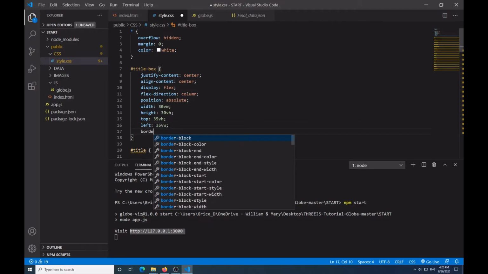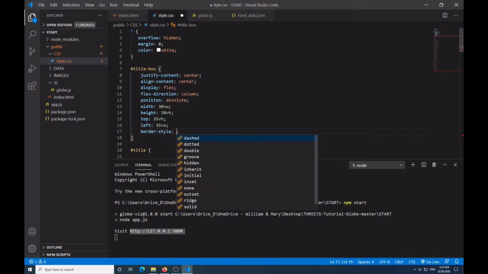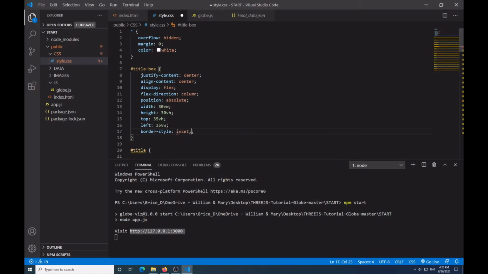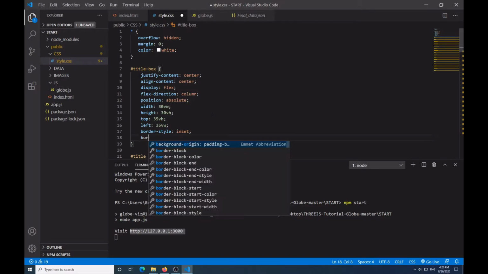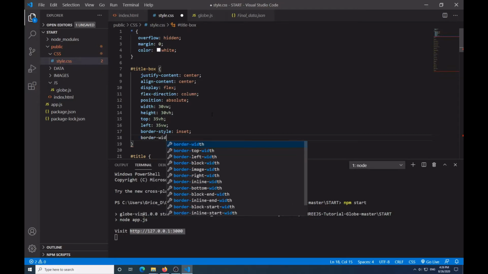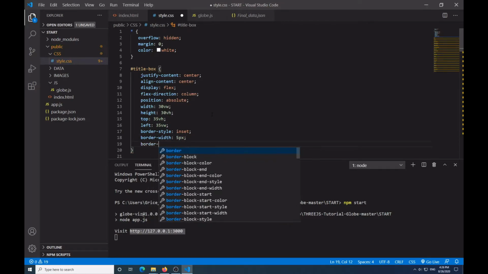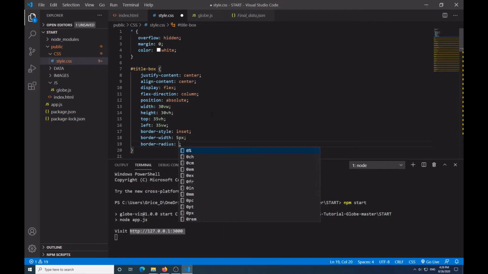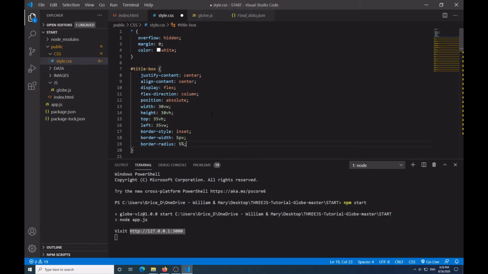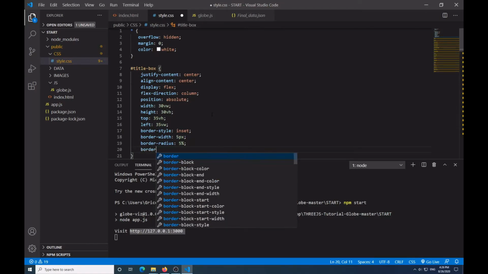I'm going to have a border style, and the border style is going to be inset, which kind of gives it a rounded look to it. I'm going to say the border width is going to be 5 pixels, 5 px. Border radius is going to be 5%, and then I'm going to have the border color